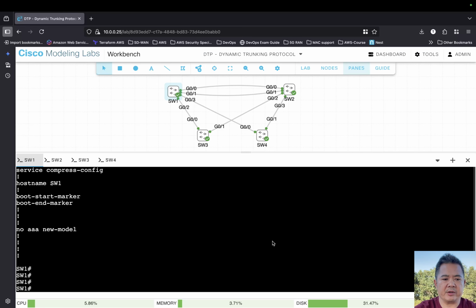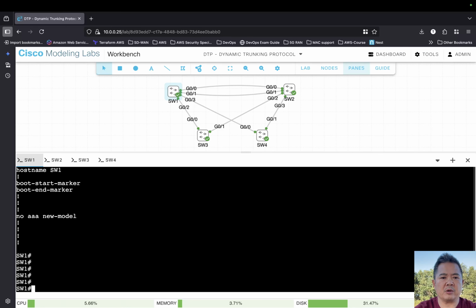All right, another video tutorial. This one is regarding dynamic trunking protocol, DTP. So with dynamic trunking protocol, basically you can configure your trunks via a hard code configuration, or you can negotiate trunking. So in this demo here, I'm going to configure both, and I'll do it on various links of these